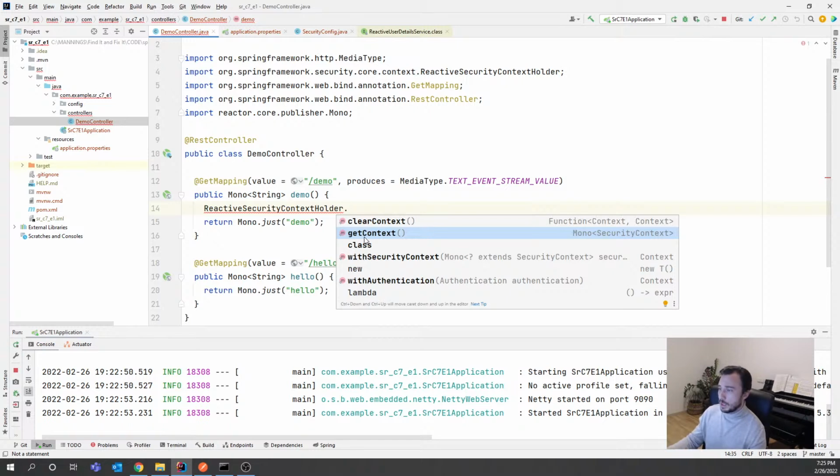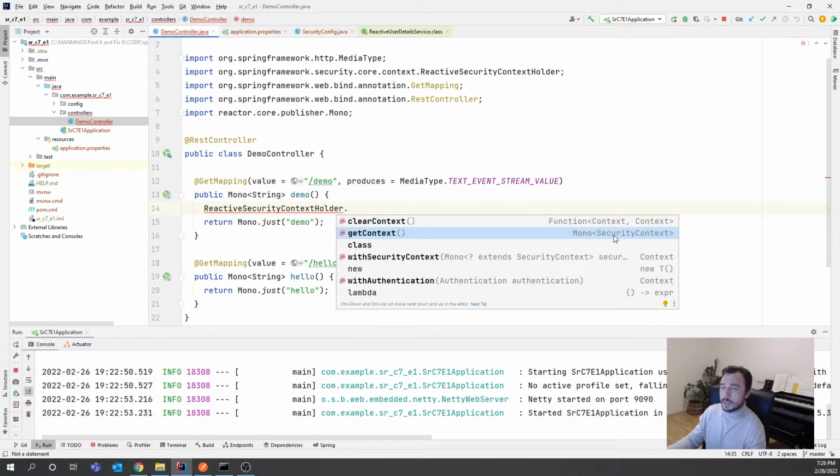So for this reason, the security context holder itself, that in a non-reactive implementation basically uses thread local behind the scenes, doesn't work anymore. So it had to be changed,